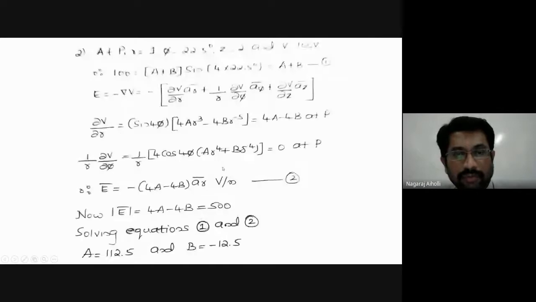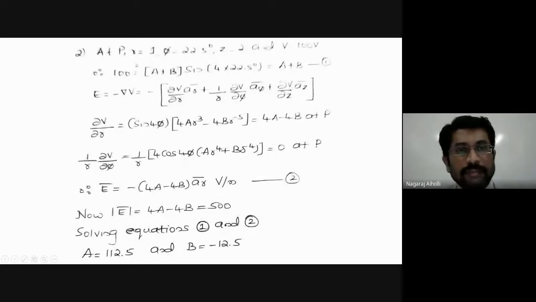That means in the given equation for V, we have to substitute the coordinates of P, that is r, phi and z, and substitute the voltage V equal to 100 volts, and find the equations, solve them, and get the values of A and B. Similarly, substitute the value of E, solve it, and get the values of A and B. Let us see how to do that.